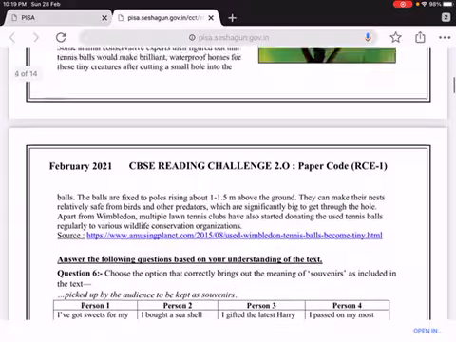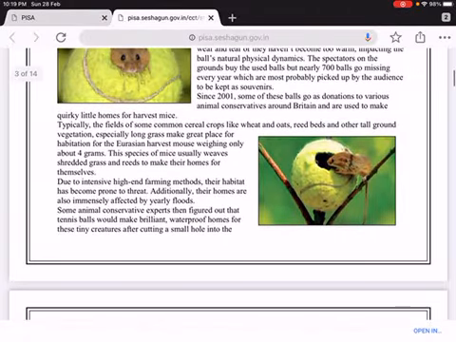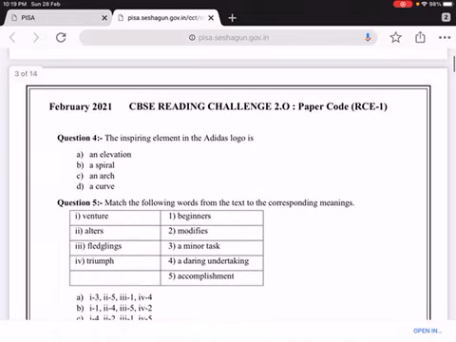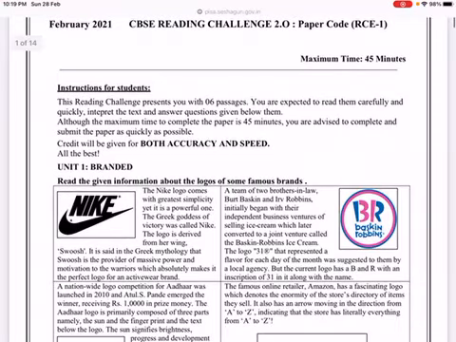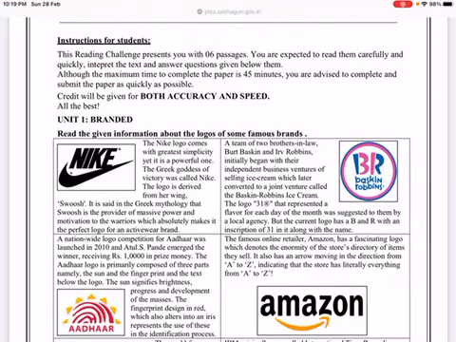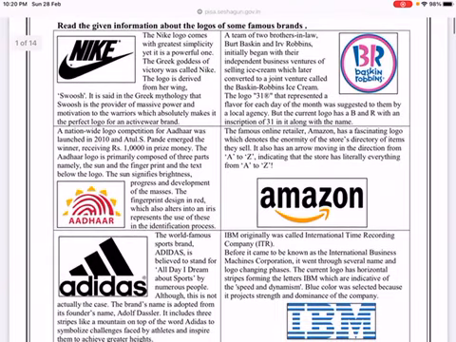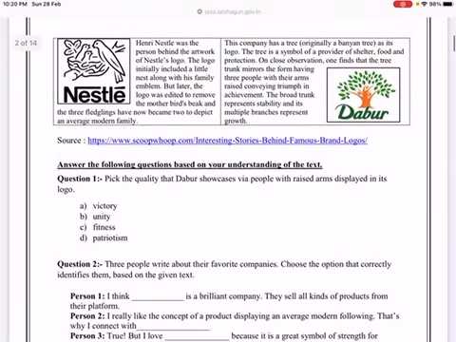and after downloading this, you have to take a paper and a pen or pencil and mark just like this. The first question is here. You can see the instructions for the students given here. After reading all these things, the questions related to them are given here. Question number 1 has 4 options. You have to write down on a blank paper: question number 1, answer A or B or C, whichever is the correct option, and then continue the same for question number 2, 3, 4, 5, up to whatever questions are given here.